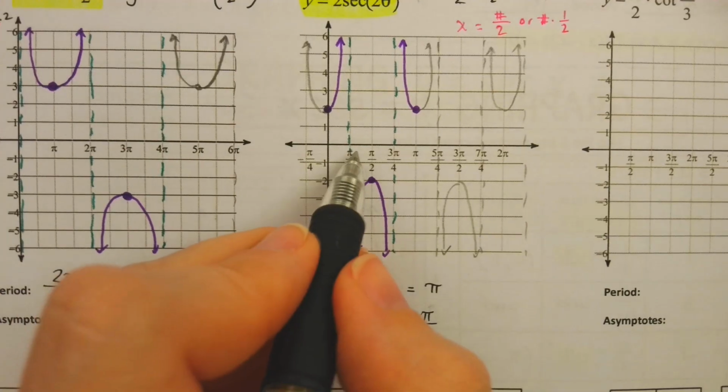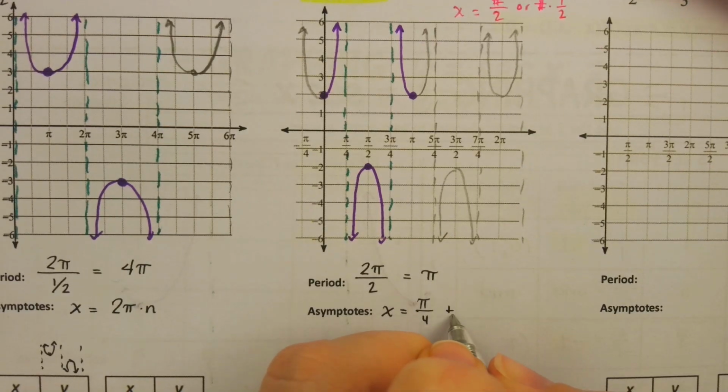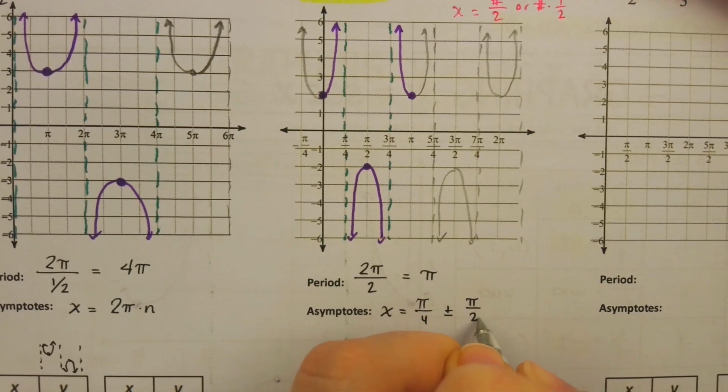And then how often do they show up? What is this distance here? That's the distance of pi over 2, right? So I'm going to say plus or minus pi over 2 in